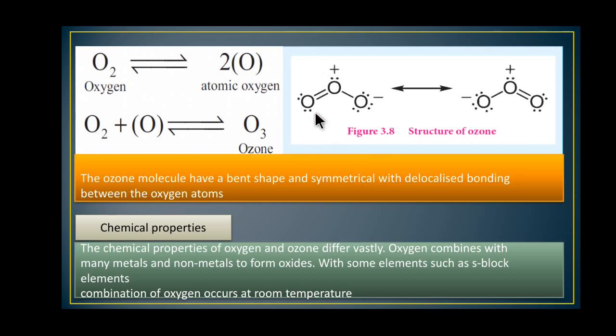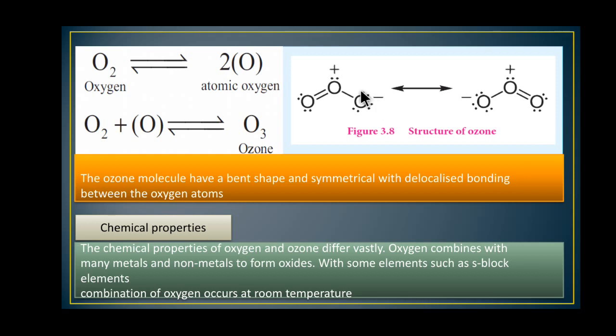So O3, okay, already we know the rules for the Lewis dot structure. So count the total number of electrons, draw a single bond for each one, distribute the valence electrons, check the octet rule, and shift the valence electrons to make the octet, with a double bond or triple bond. Is it clear? So the structure is possible: oxygen double bond oxygen, oxygen to oxygen single bond, with formal charge plus and formal charge minus.